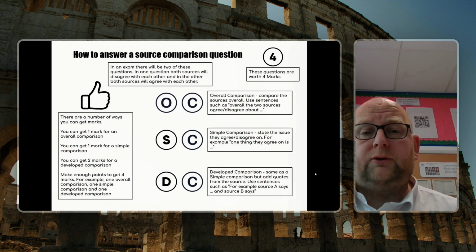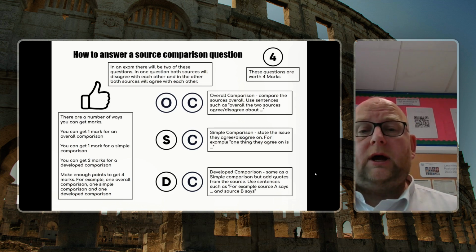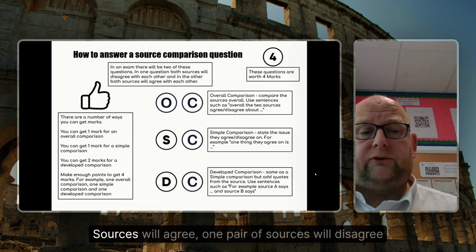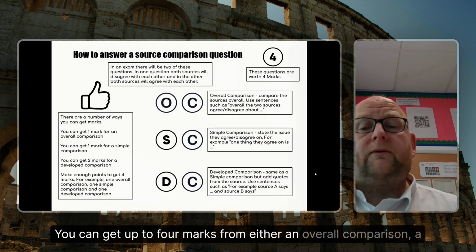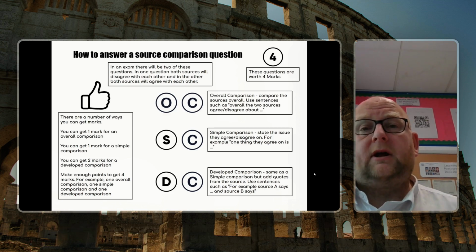So to sum up, there's 2 of these questions in each exam. Each one's asking you to compare a pair of sources. 1 pair of sources will agree, 1 pair of sources will disagree, and you can get up to 4 marks from either an overall comparison, a simple comparison, or